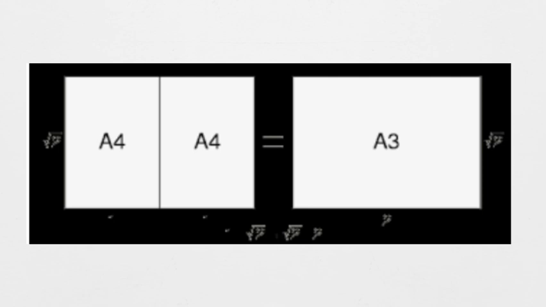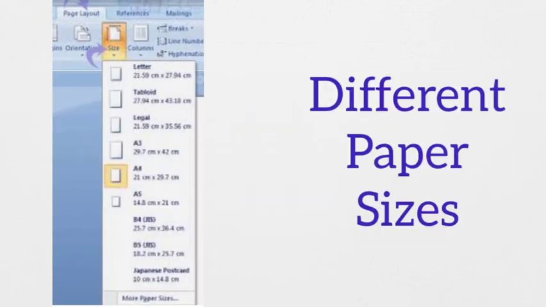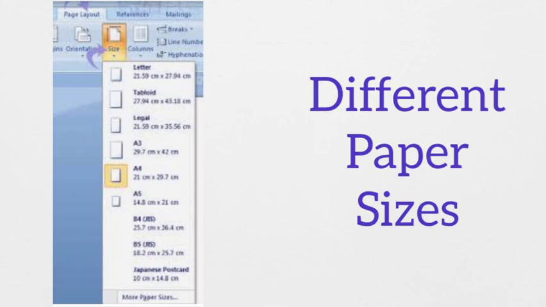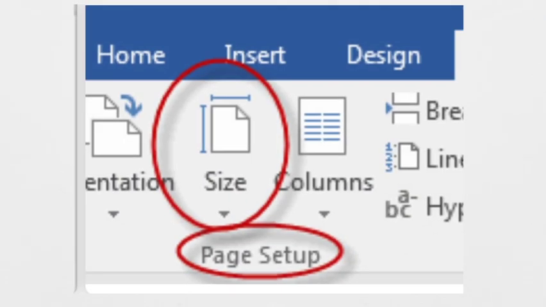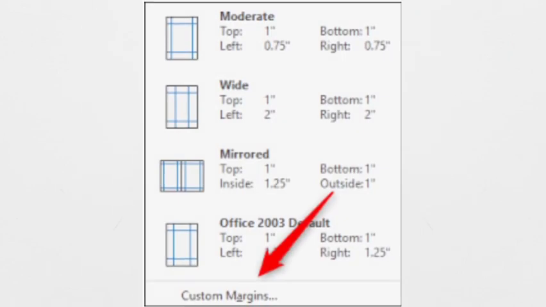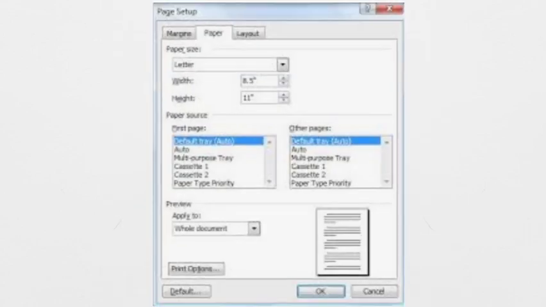Clear? So by default here you can see A4 size is selected, sometimes letter is there. So to change the paper size, for this, again go to the page layout tab. There is the page setup group and there you can find the margin option. Go to the custom margin. We'll see a dialog box will appear. In that dialog box there are three tabs. There are three tabs given. Okay, the center tab you have to select, that is the paper tab. Go to the paper tab and you will find some options there.